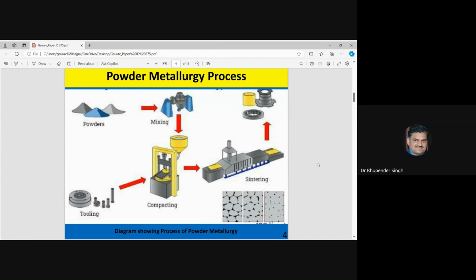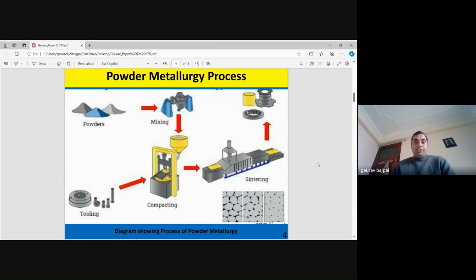Okay, please proceed. Okay, sir. In this slide, you can see the powder metallurgy process. First of all, you take the powder, and then you mix it using a ball mill or planetary mill. Then you go for compacting, for which you can use this device, and after that you go for sintering, and after sintering you can achieve this type of